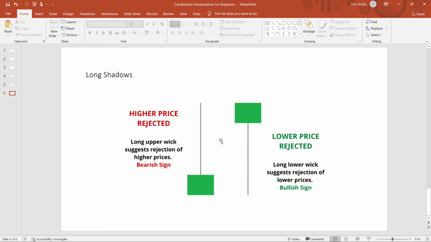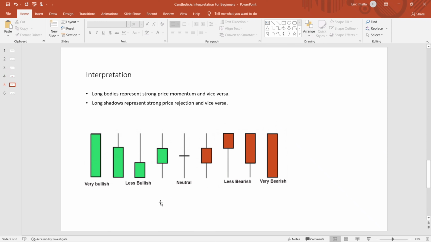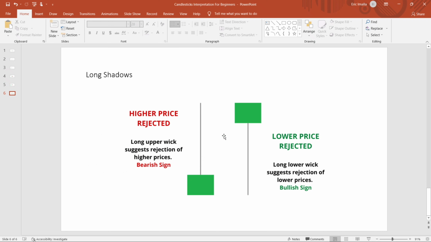So that means if you want to identify a strong price rejection on a chart, don't just focus on any shadow, because if you look at our previous example here, this chart has so many shadows on each candlestick, but it's the longer shadows that matter more, because the longer shadows show you that the rejection is stronger, so you want to focus on those longer shadows. So back to this candlestick,